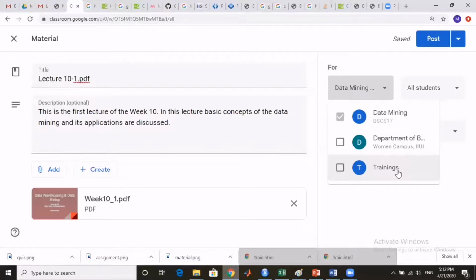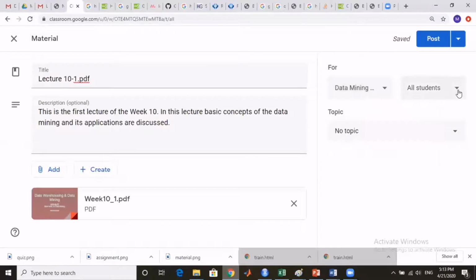In our scenario, the particular teacher has been taking different sections of the same course, or the same course in multiple departments or multiple faculties, and if he or she wants to share the same file for all the multiple courses, then from here you can select the other courses as well, and on a single click this particular file will be shared in all of the courses in which you are teacher. You don't need to post that file in other courses individually.